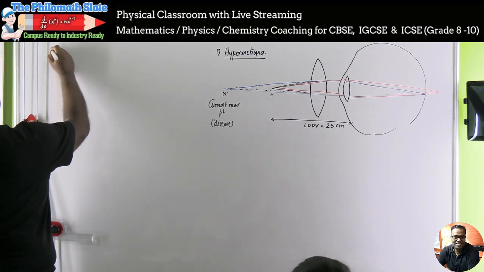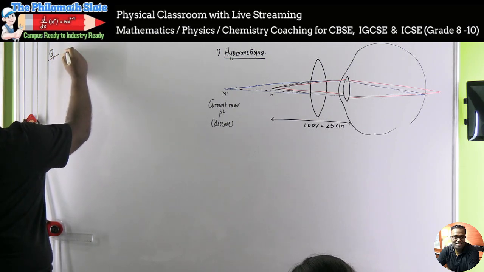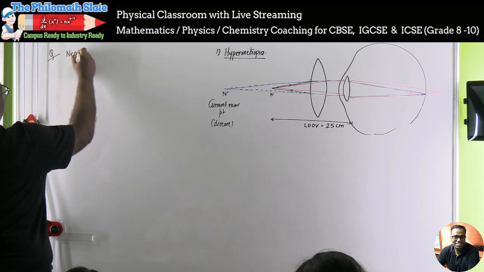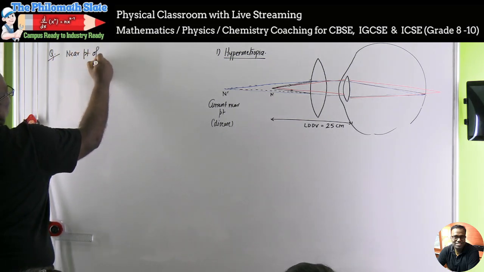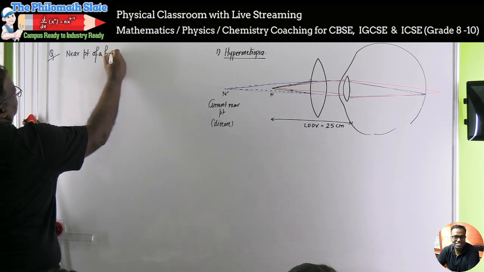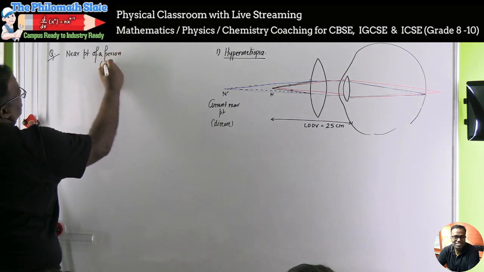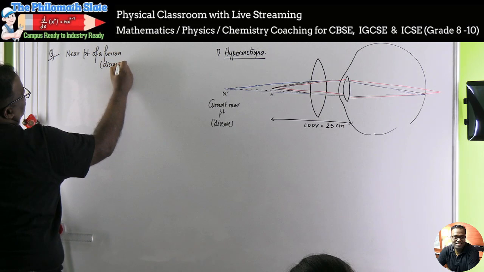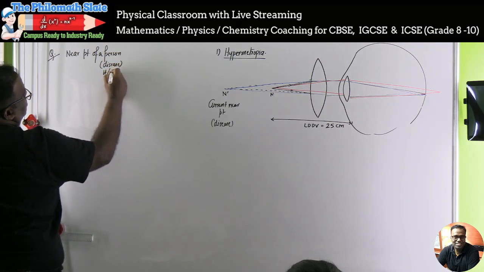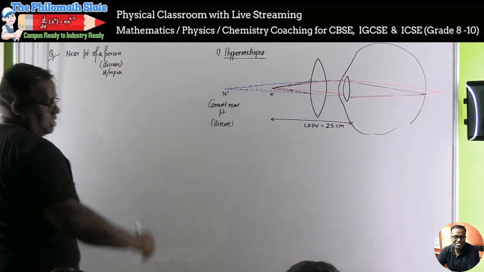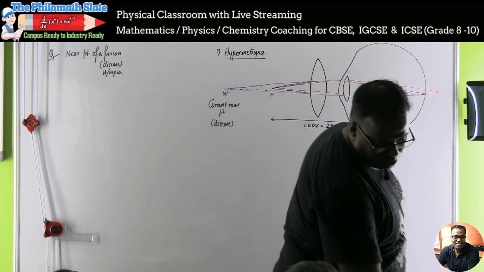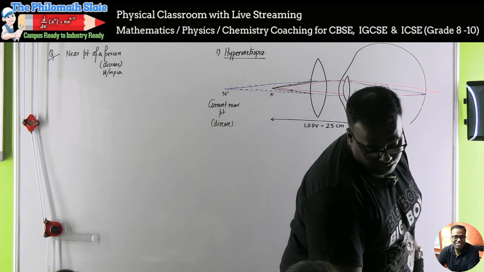See, they say that near point of a person means the person has the disease. What disease? Hypermetropia. This person has a disease which is hypermetropia. I'll just take the figures. Okay, now